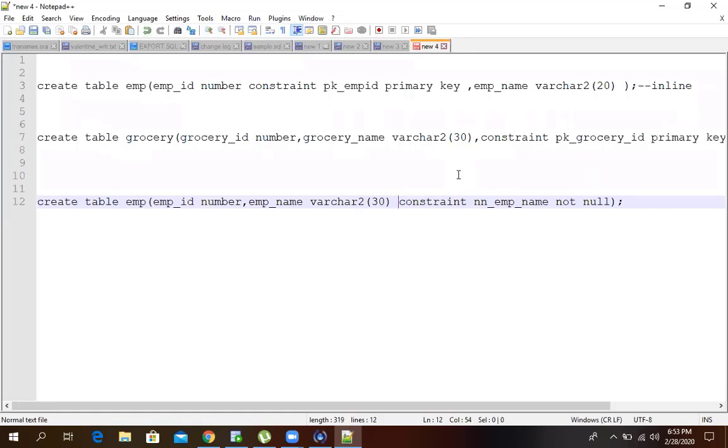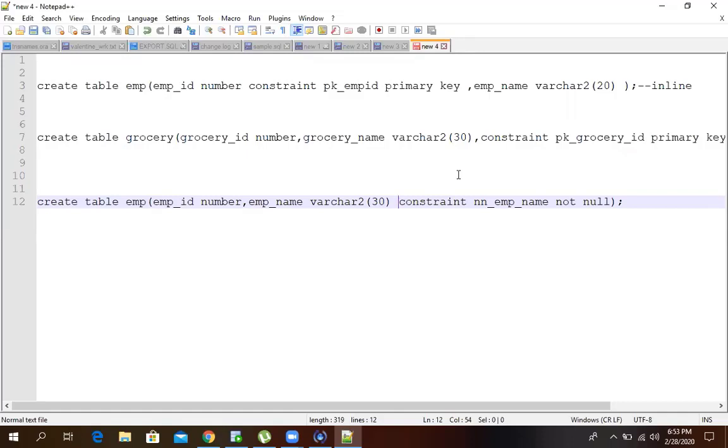To check if it's inline or out of line, I know at the end, out of line always says where it will apply the constraint. And here it just said not null, but it doesn't say it.